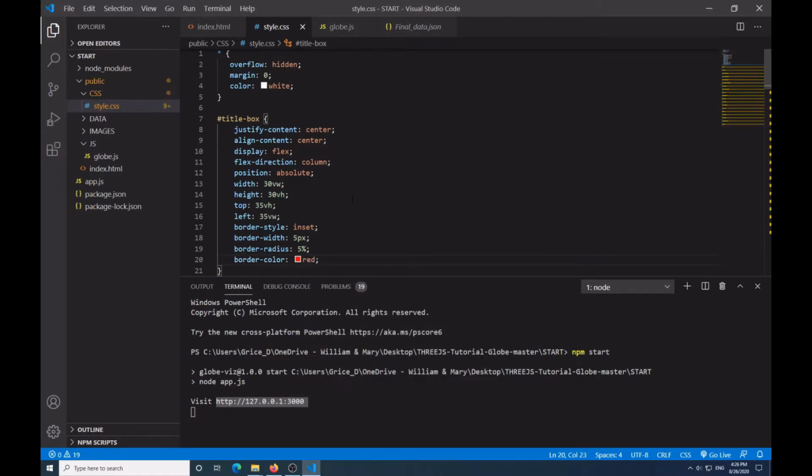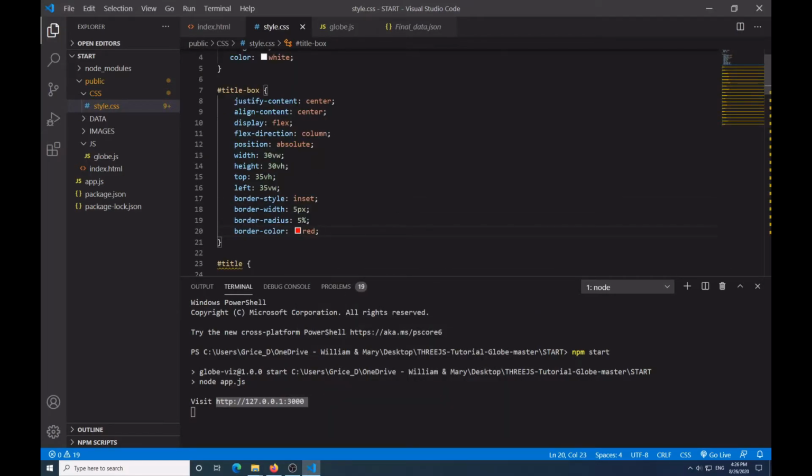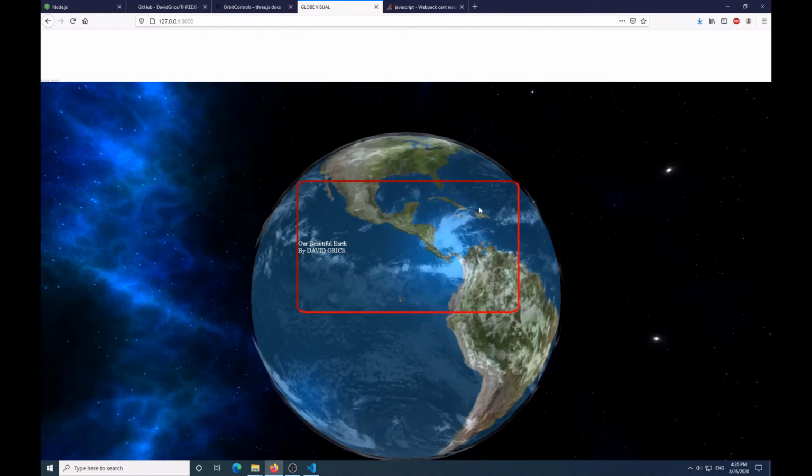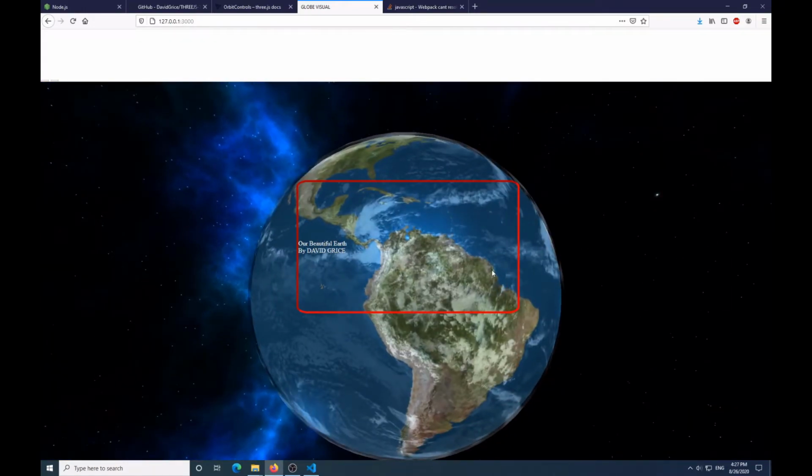be red. So then if I do this, go back here and refresh, you can see that we have the square here. The inset kind of makes it point inward towards the globe. Then we have our text. Because again I have the divs here and there's content not filled, it's going to be a little bit off center, but on my screen when I had it at the final product, it was kind of dead on the center of the globe. Oh, just so you know, you cannot move the globe because of the div, but you can move the globe outside. There's probably a setting where you can set this transparency or something to true or whatnot, but